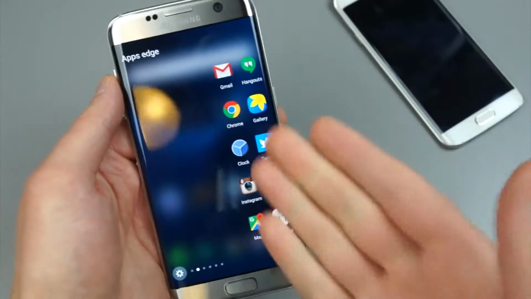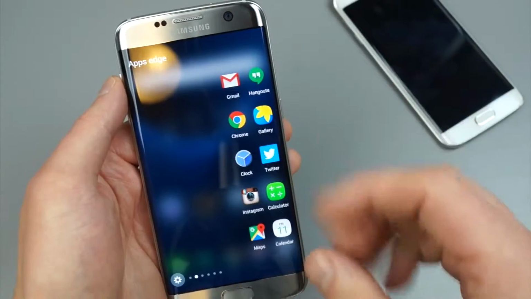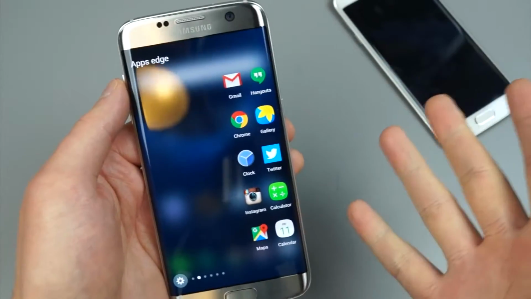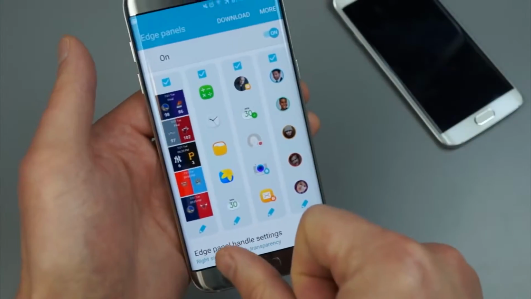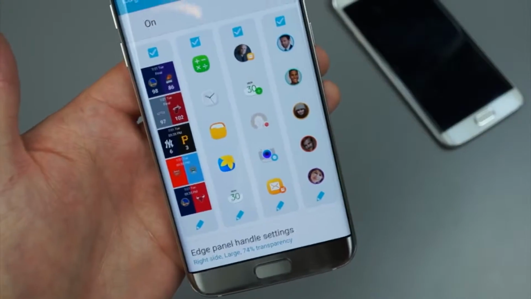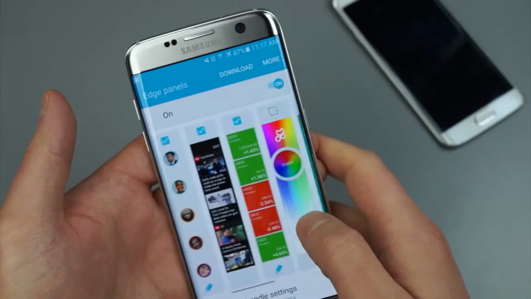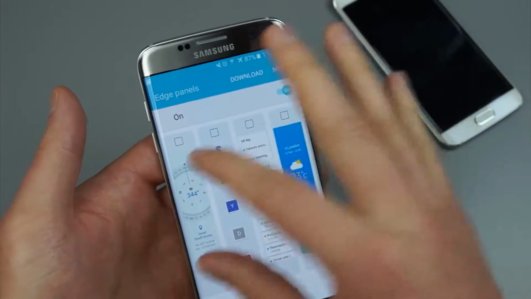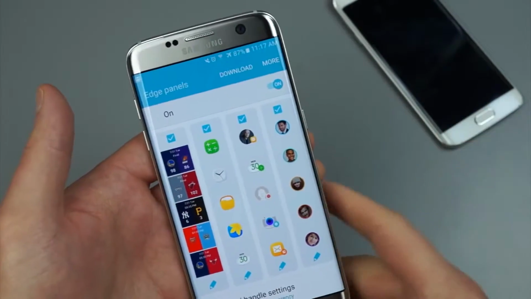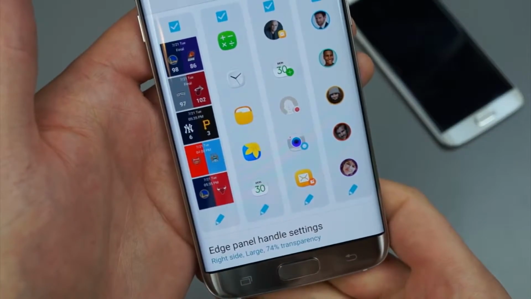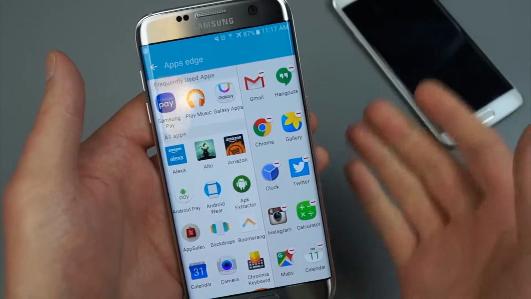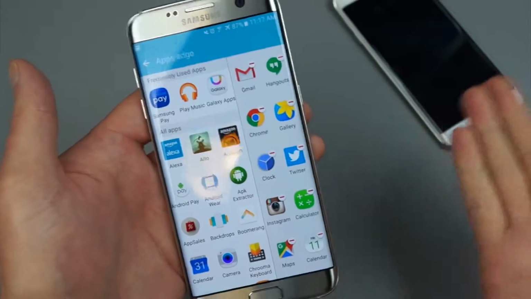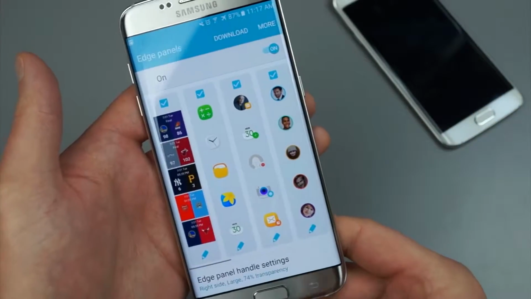Moving through, there's Apps Edge. So these are basically just favorite apps that you want to access, and you can customize that by hitting that little gear icon down there in the bottom left. And then scrolling through, you have to find that actual page that you want to customize. So that is that one. And then down here on the bottom, you hit the little pencil. And then you can choose basically any application that you want over here. You can remove apps, you drag and drop apps that you want to use, etc. Moving on,